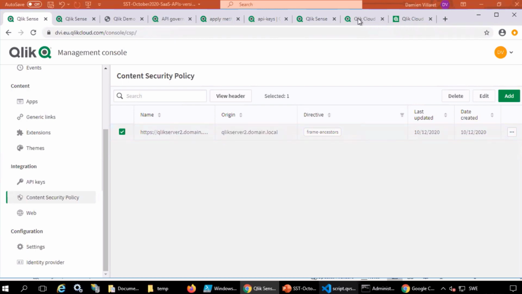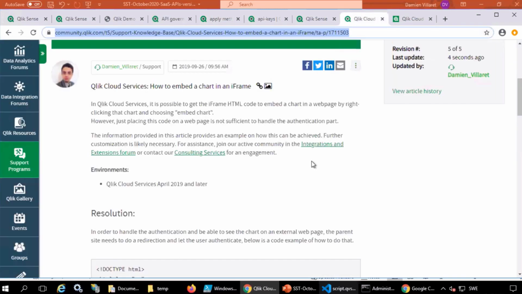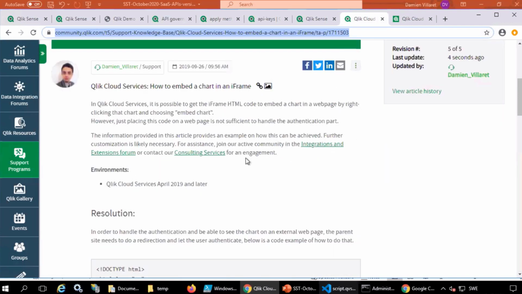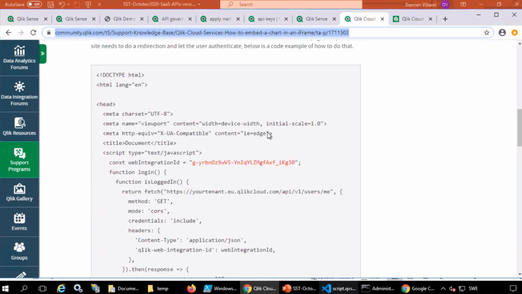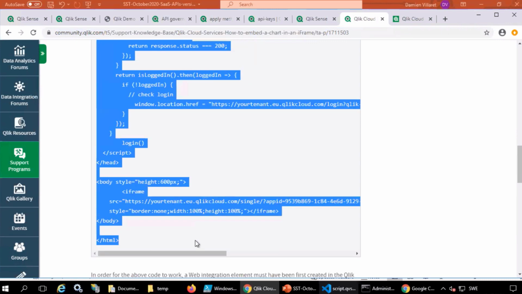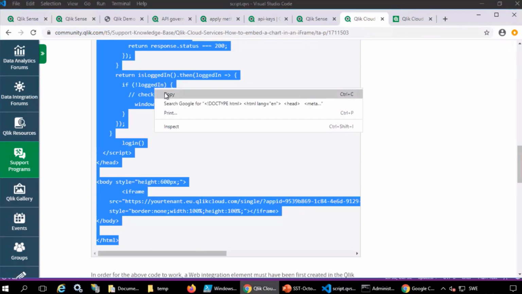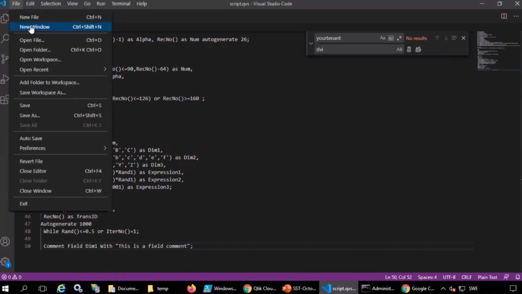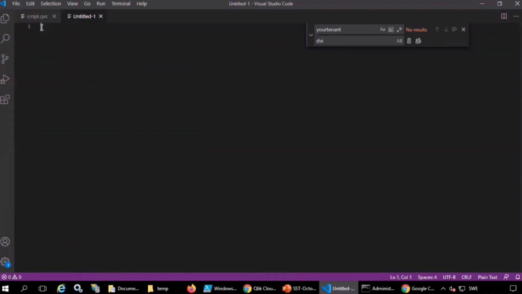Now I'm going to use a sample that is available in our knowledge base, which can easily be found from our support knowledge base or just on Google, by typing Qlik Cloud Services iframe. What I'm going to do is just copy all this. So this is basically a script that will allow you to embed a Qlik object into an iframe.